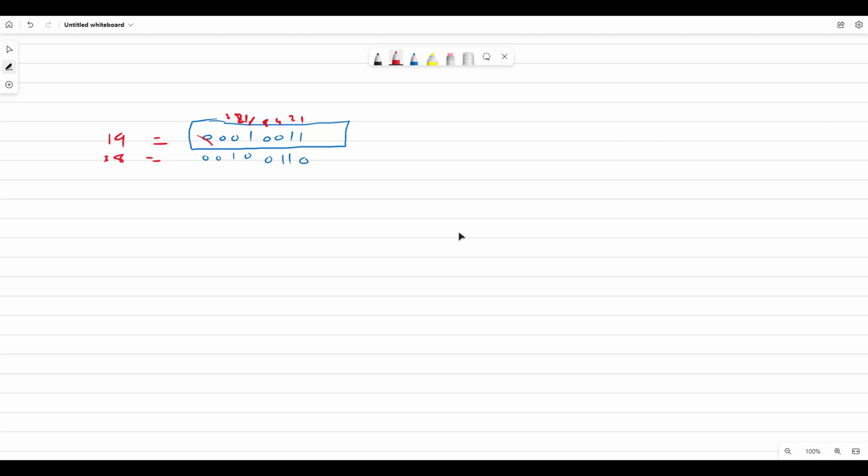If we shift it one more time, we have 0 1 1 0 0 1 0. This number will be double the previous number. Each time we shift the number to the left, it will be multiplied by 2. But if we shift it 2 more times, we will get an incorrect answer, because the 1 will be out of the